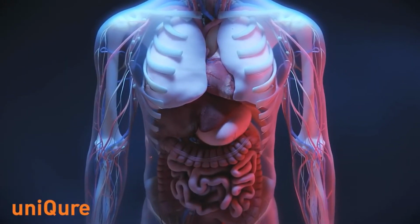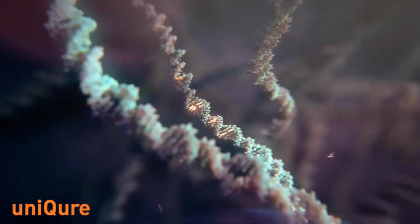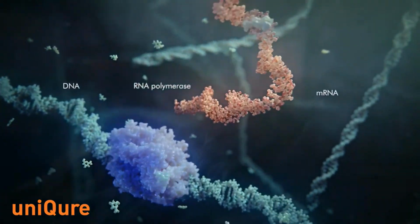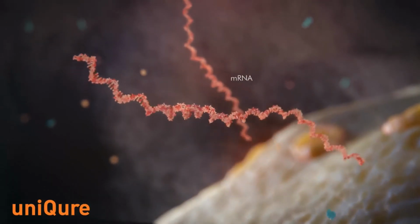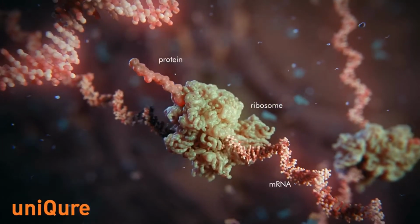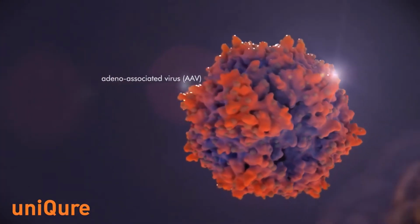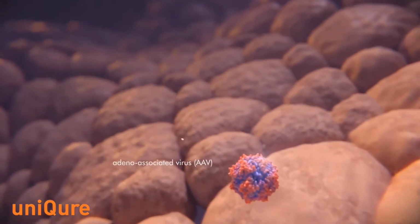Many human diseases are caused by defective genes and improper protein functioning. Genes within our DNA provide the blueprint for the production of proteins. Specific gene defects or mutations can result in reduced or inability to produce a functional protein, or production of a protein with altered function. Gene transfer using adeno-associated virus, or AAV, vectors can target specific cells to correct